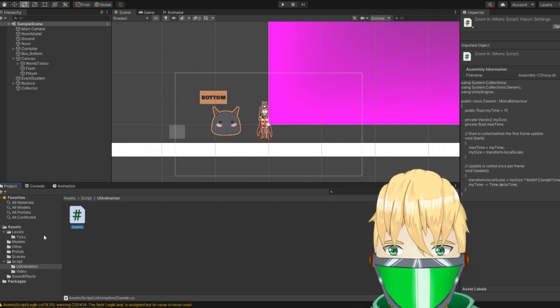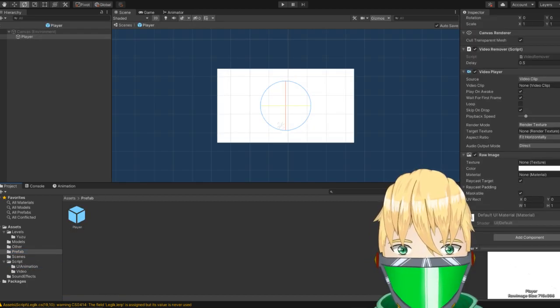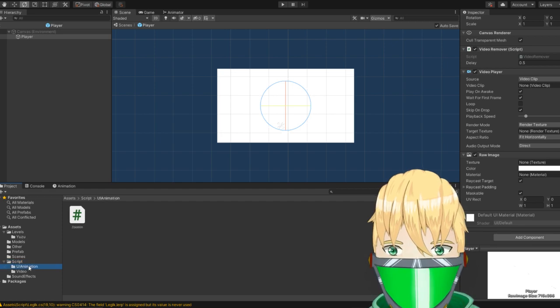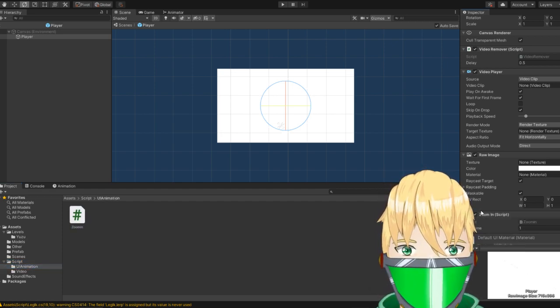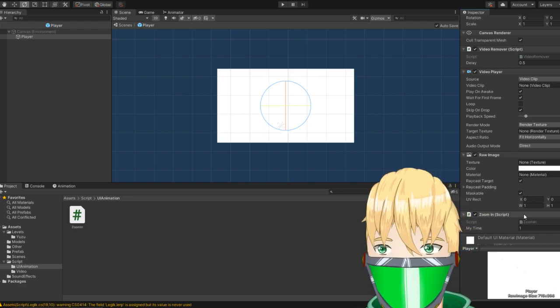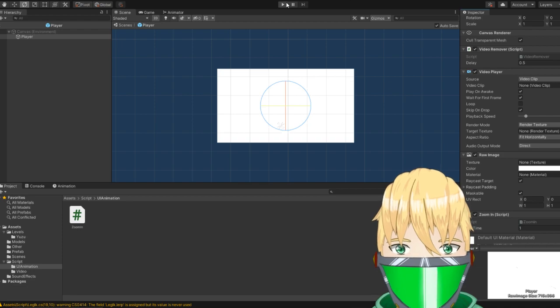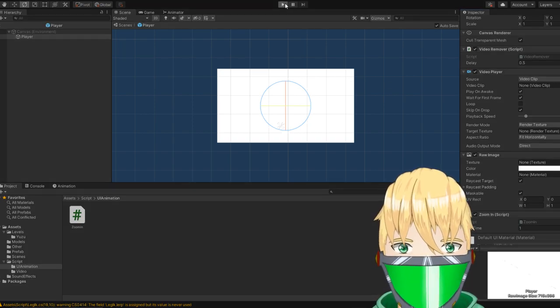So if I were to take the prefab we have here, and at the start, I'll just add the zoom in script. They should activate all the time, I guess.